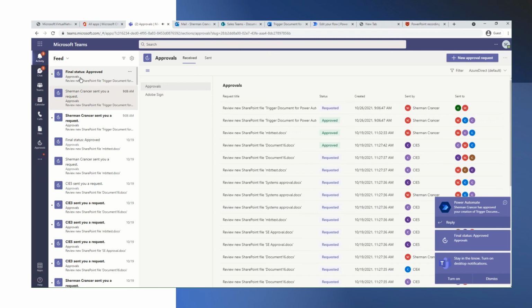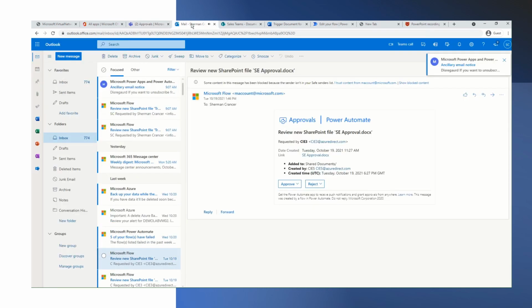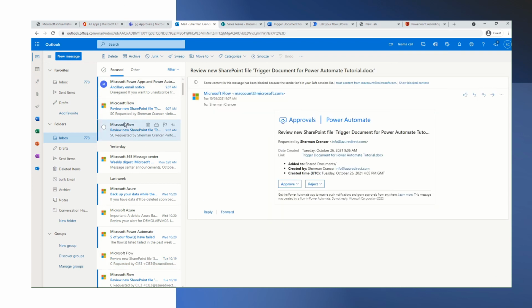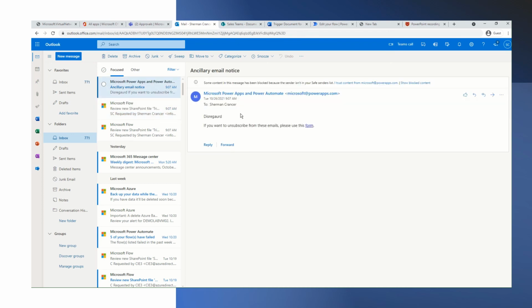And then we have final status approved. But let me go ahead and check really quick back to our Outlook, and look at this. In here, yes, we can approve it. We've already done the approval here, but also there's an ancillary email notice. It says disregard. If you want to subscribe to this email, please use this form. Boom. That is